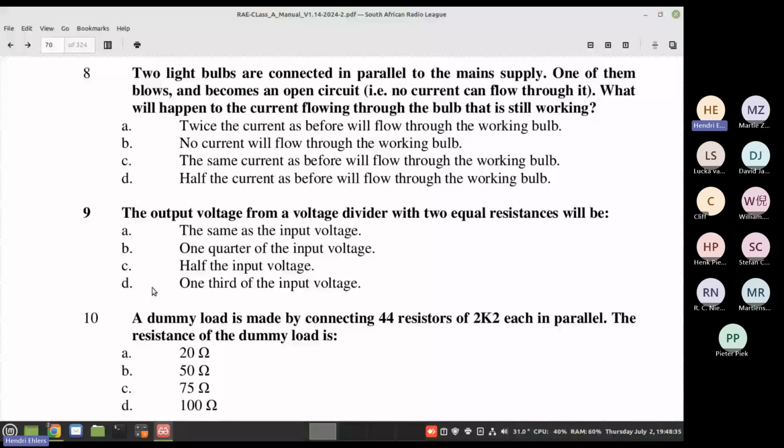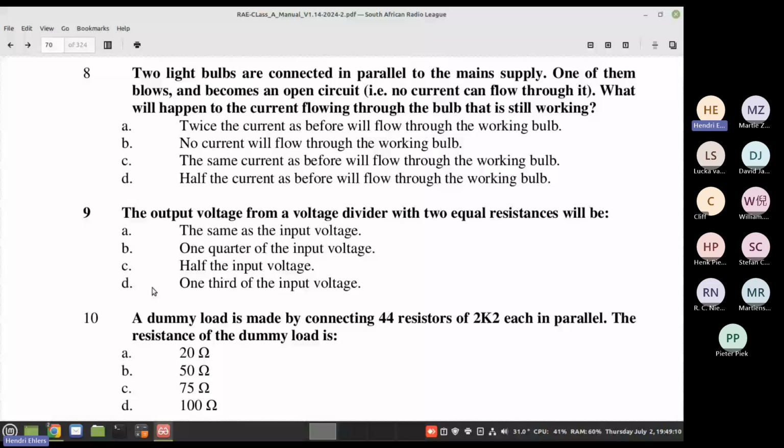And the easy way to explain it is that your house's lights are connected in parallel. So when you switch lights off, the total current gets less, but the light that stays on still draws the same current. So the current stays the same flowing through that particular bulb, but the current flow in the total circuit changes.